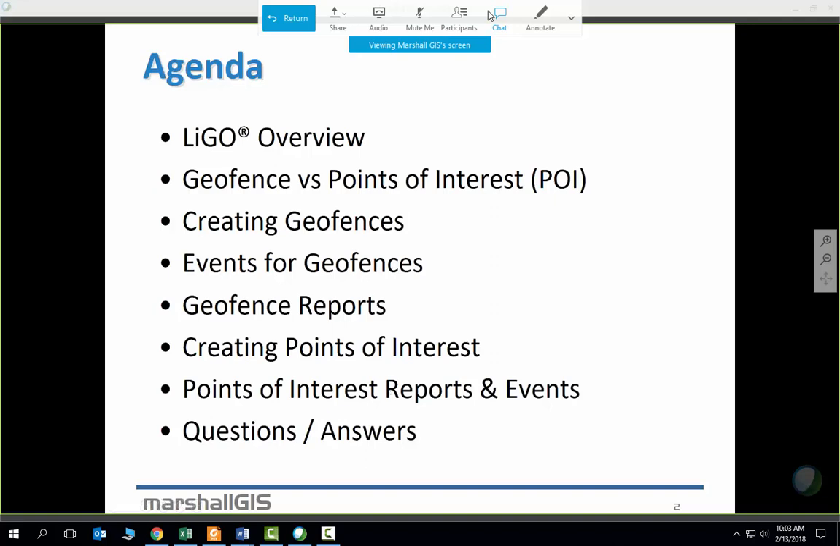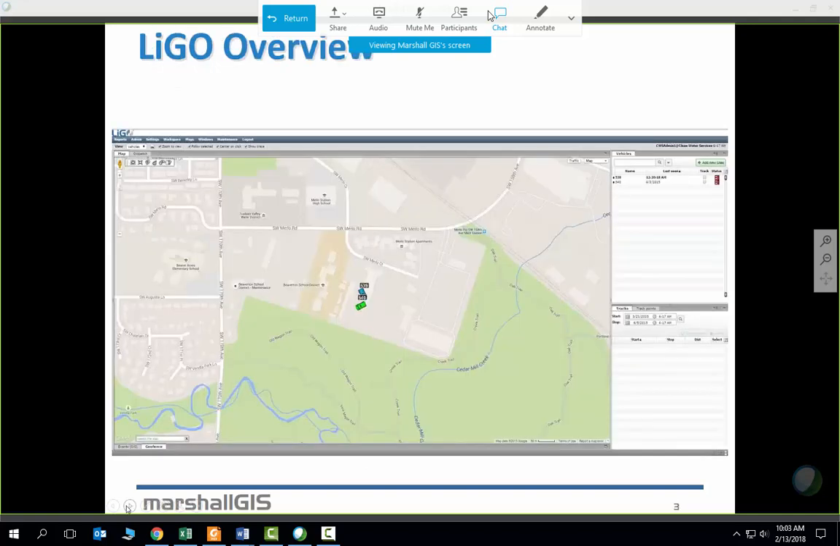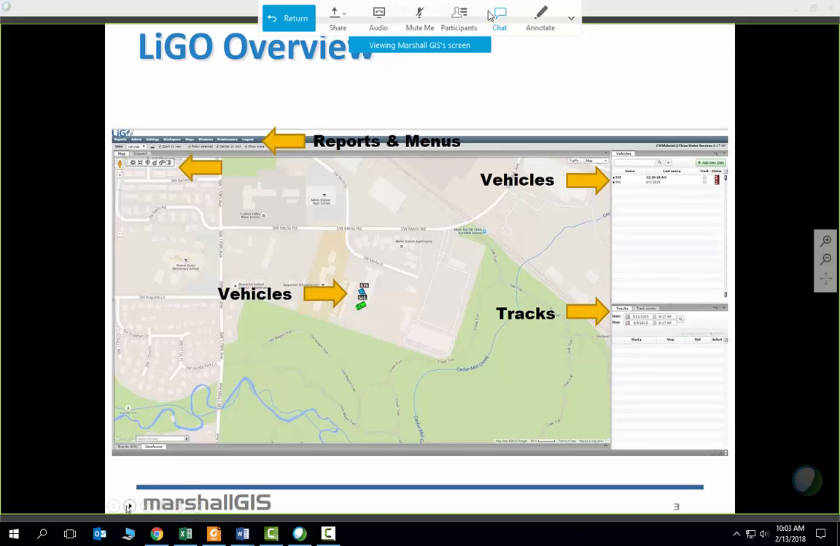All right, so this specific training is for GeoFence and points of interest. First thing we're going to be covering is the GeoFences, and then we'll cover points of interest, and then answer questions. All of you should be familiar with the interface, so I'm not going to spend a lot of time on this. I guess the key parts are that down below